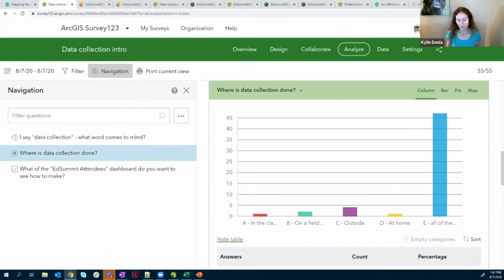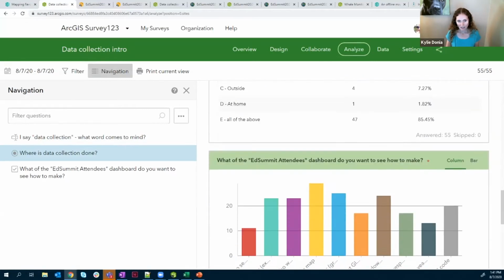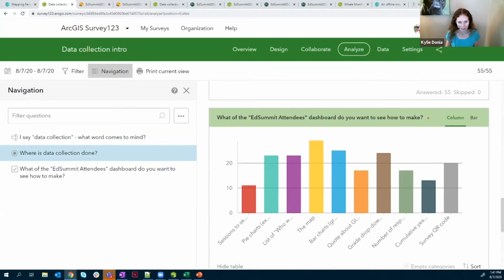Where is data collection about? Good, my leading question, right? Start you guys thinking. Data collection's done everywhere. Let's not restrict ourselves to thinking it has to be in a specific place, all right? Okay, and what do we want to see how it's made? So the map was a popular one, okay? The bar charts got some, the cumulative years of teaching, the sessions to see, the pie charts, the list,